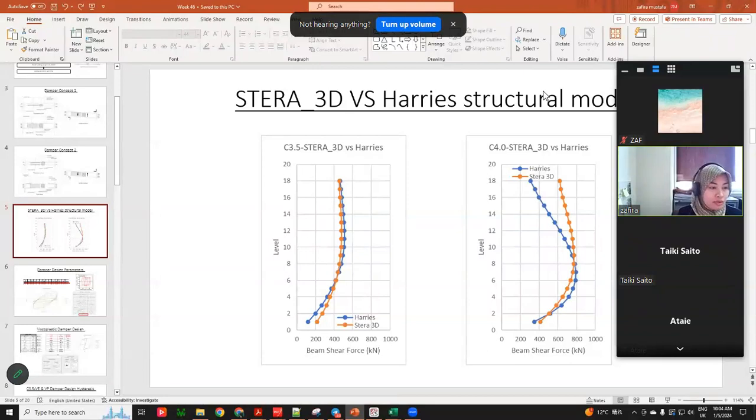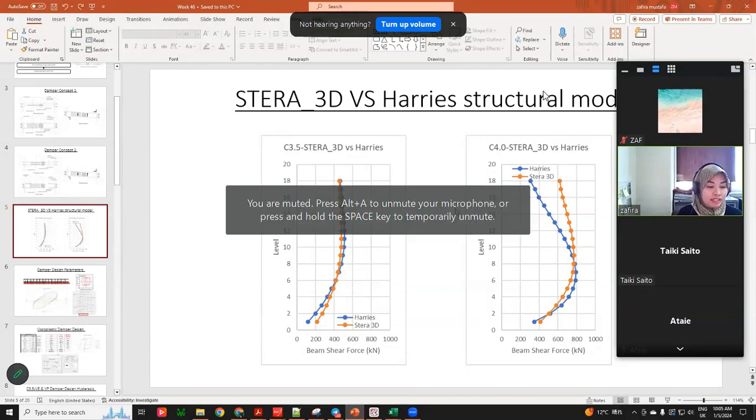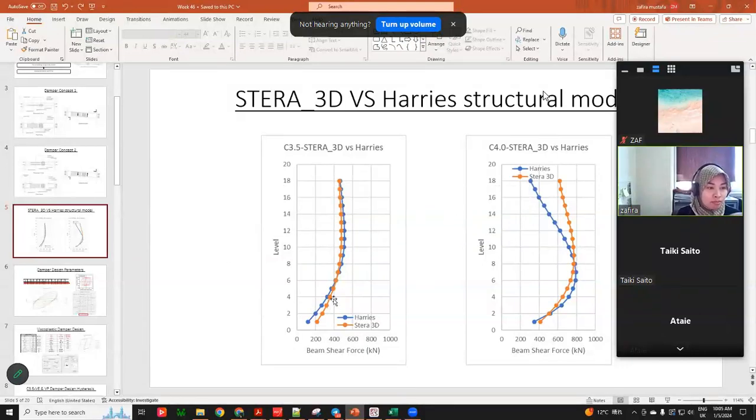In Harris model, they have two types of model, like two different lengths of beam. They categorize one as C 3.5 and C 4.0. So I compare the Stera TD analysis and Harris, so we can use the model accurately. So this is basically a pushover based on the